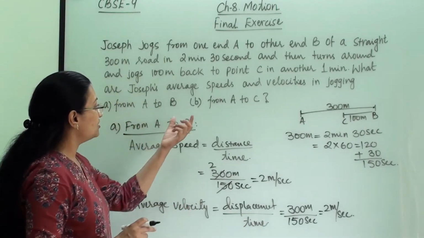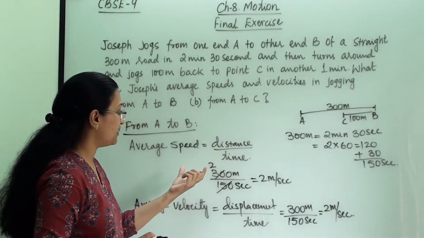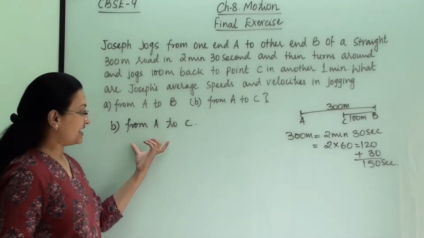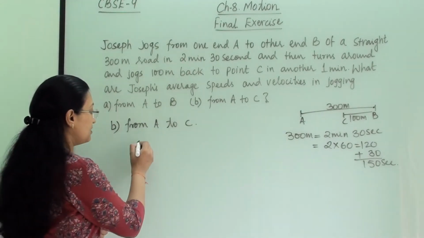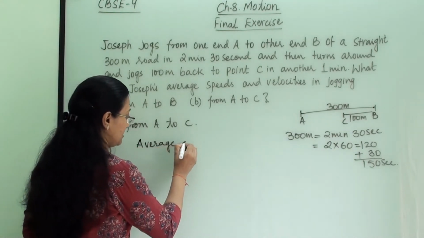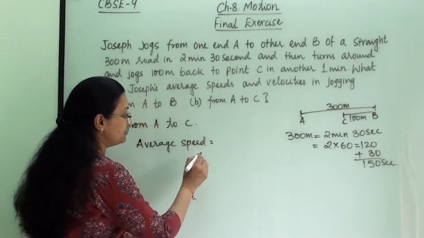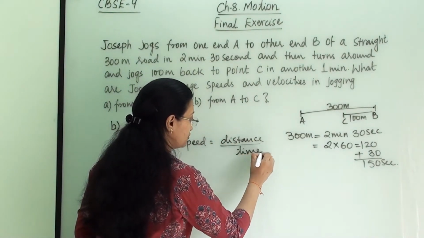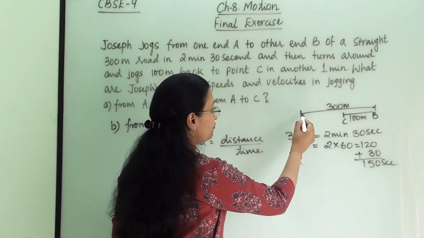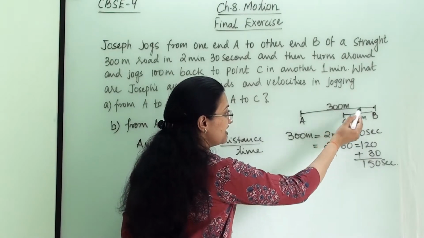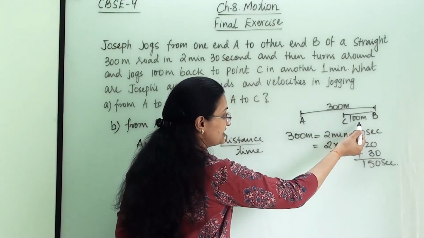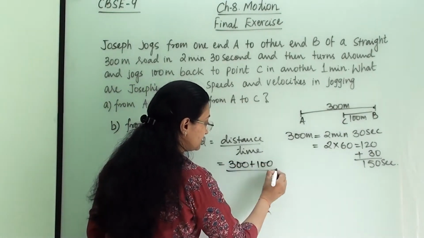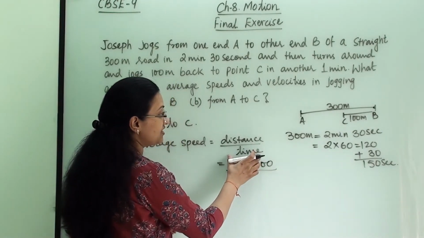Now for the path A to C, we have to find out the same average speed and average velocity. For A to C, first the average speed. The formula will be the same, distance divided by time. So how much distance does he cover? First he goes from A to B, so that is 300, and then he comes back from B to C, so that is 100. So distance here is 300 plus 100, total 400, and time taken for that